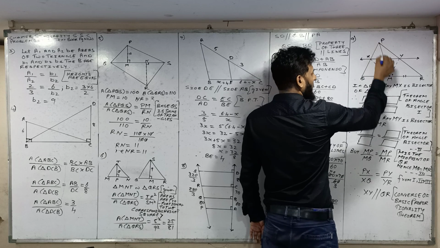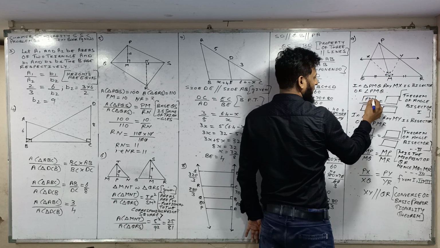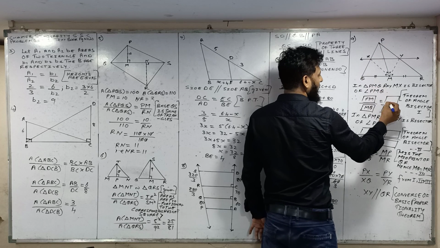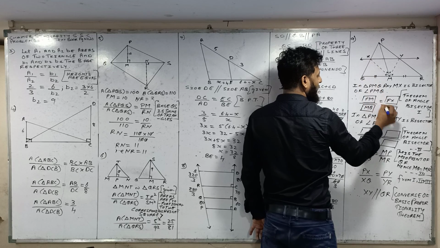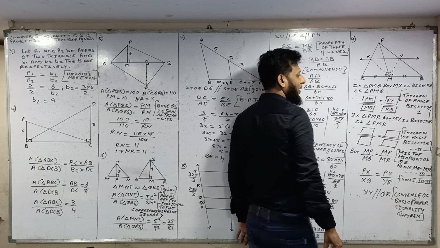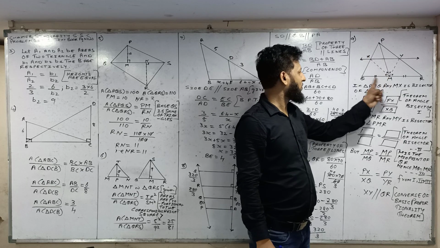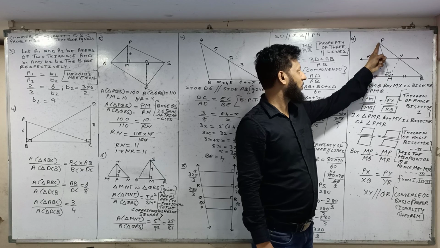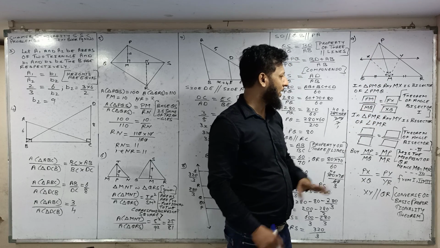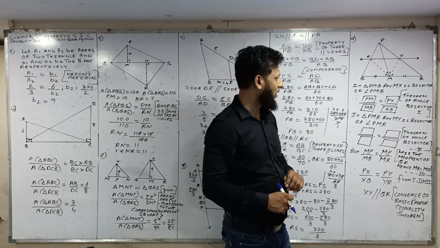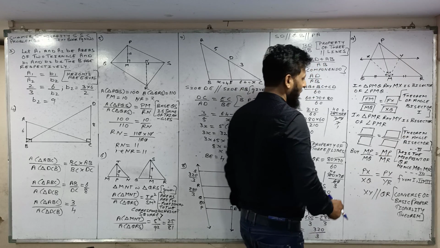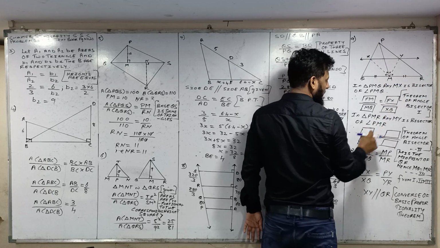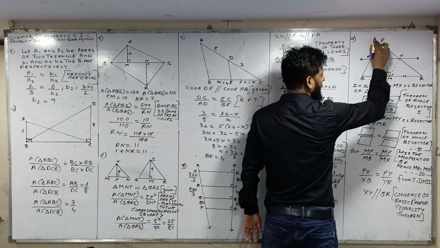That means PM upon MQ is equal to PX upon XQ by what? Theorem of angle bisector. So in this triangle PMQ, this is the bisector, so PM upon MQ is equal to PX upon XQ by angle bisector theorem. Again same like this in this triangle PMR, PM upon MR, and MY is the bisector of